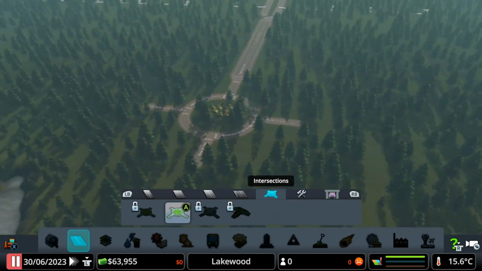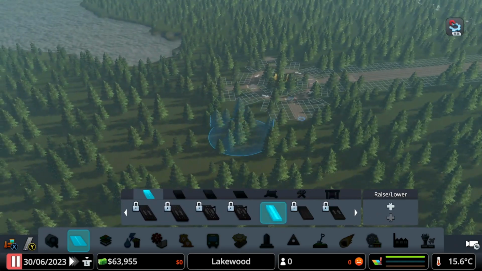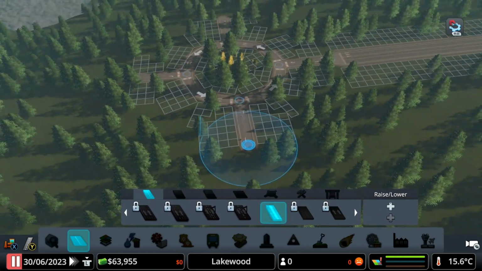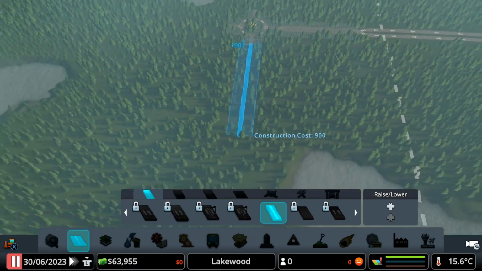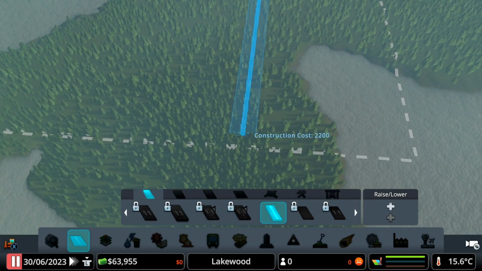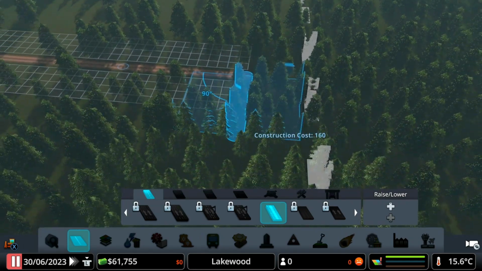So first thing we need to build, of course, is houses, because there's nothing much we really need to build until we've built houses. So what I'm going to do is just start by building again with dirt roads because it's cheap. So I'm just going to go all the way to the end. And like I did last time, I'm just going to start by building some